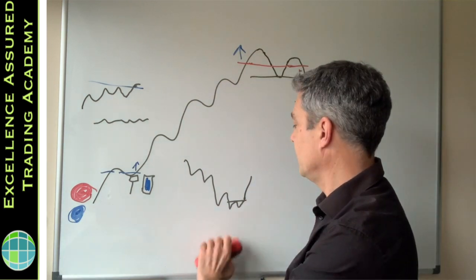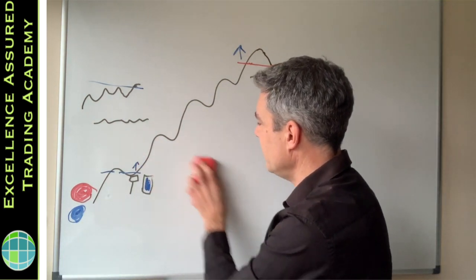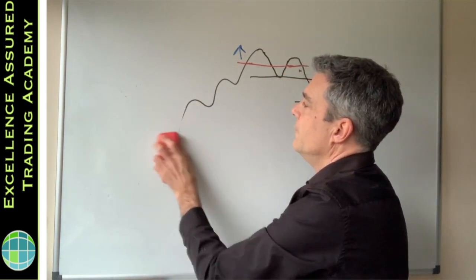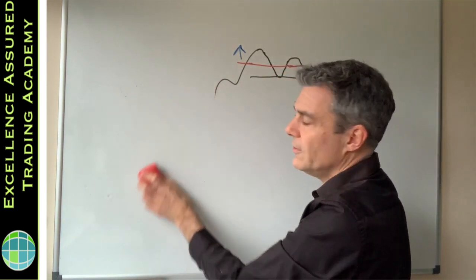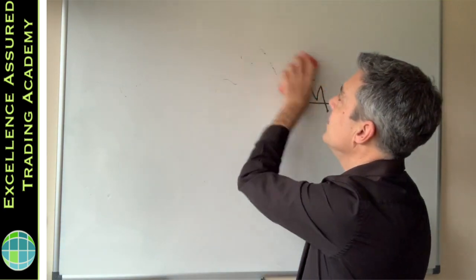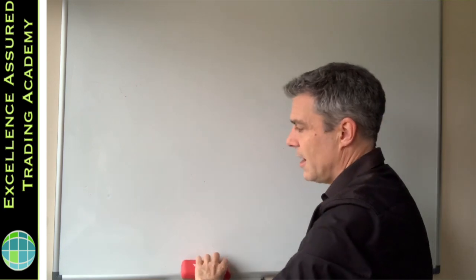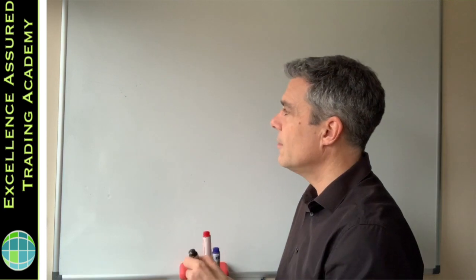So let's just clear this off. How do we go about doing this? Well, first of all, in order to gauge the buying and selling interest, you have to look at the longer term. If you're trading the 1 minute, the 5 minute, 15 minute or half an hour charts, look further back. Look at the daily, the weekly, the monthly, and what the market has been doing.